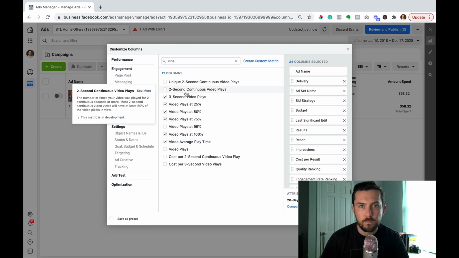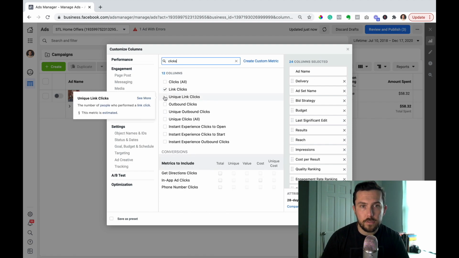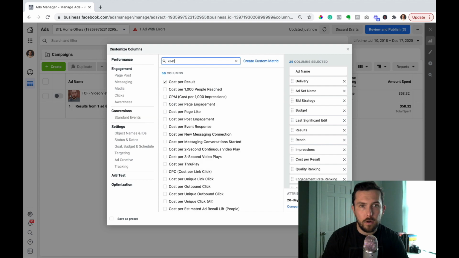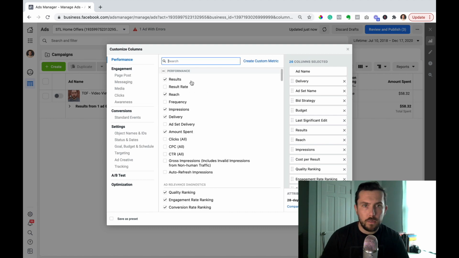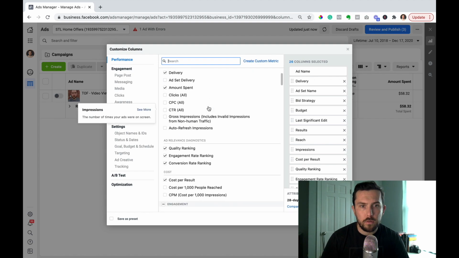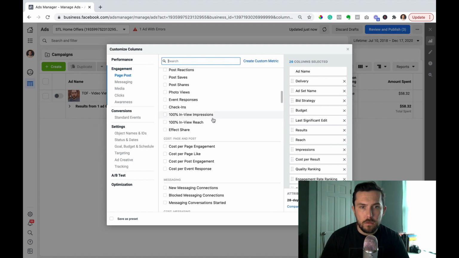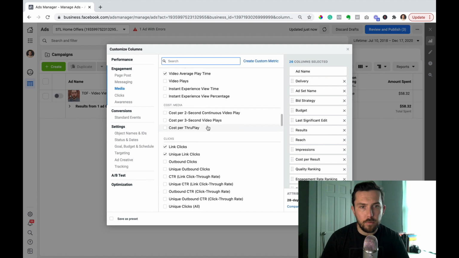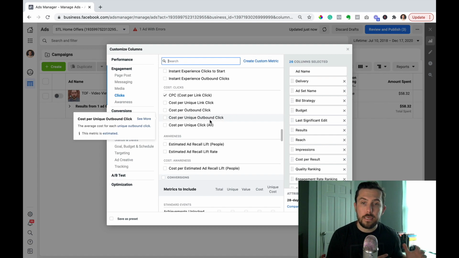That's probably good there. I'm probably going to want to see how many clicks I'm getting. So we're going to do unique link clicks. And then I want to see my cost per click. Probably do CPC. Yeah. Cost per click. I'm going to want to know that information. What else would we want to see here? So if you were doing lead ads, you could see how many leads you're getting. You can see there's a lot of different data points that you can pull, which is cool. This is why Facebook is an awesome platform to advertise on, not just because it's an easy way to get in front of your audience, but they give you a lot of data points as well.